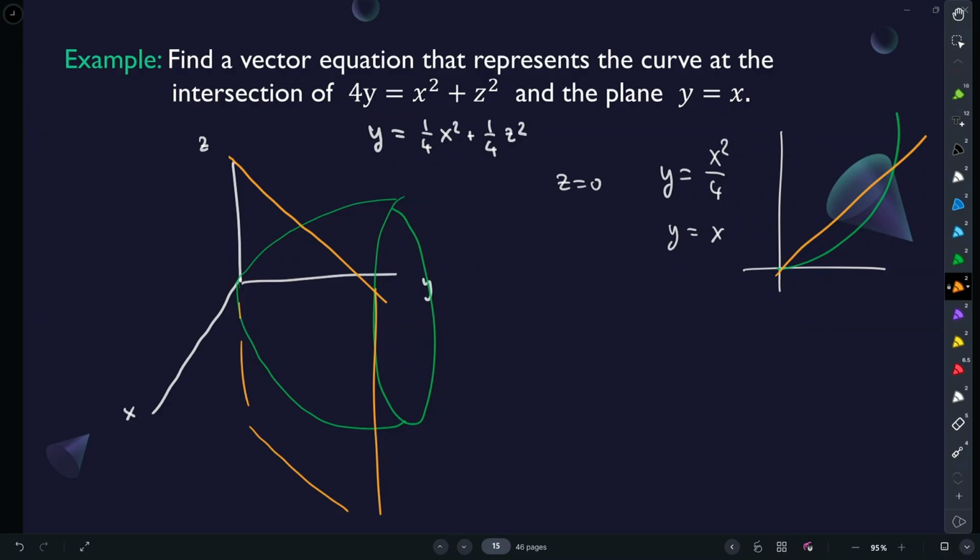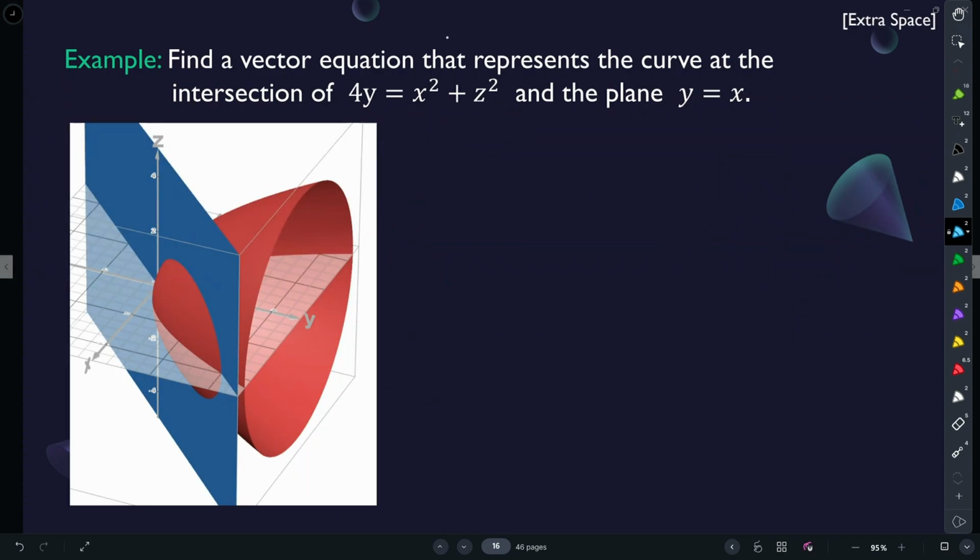But what the intersection is, it turns out that the intersection is something like this, okay? I have a better picture for you. That's what's happening. So the intersection is something like an ellipse or circle in that plane. So now the question is, how do we parameterize that thing? Algebraically, I think it makes more sense to look at it algebraically. If I do 4y is equal to x squared plus z squared, and y equals x,